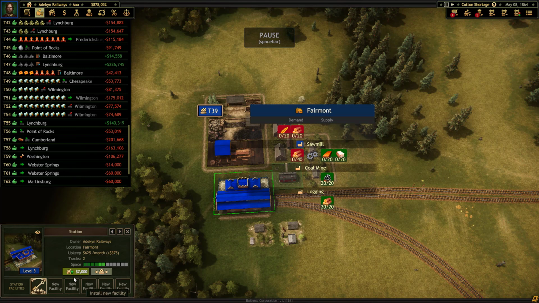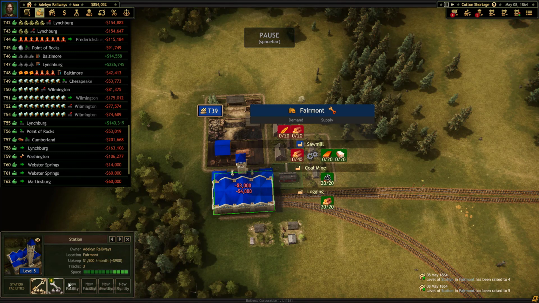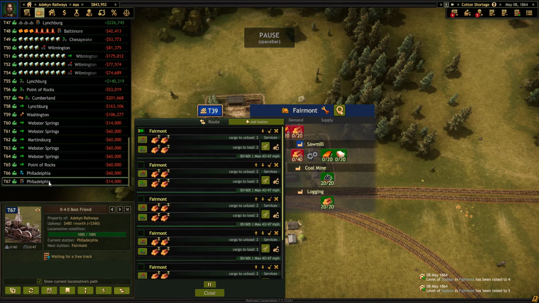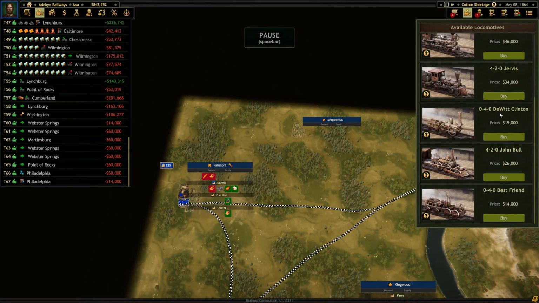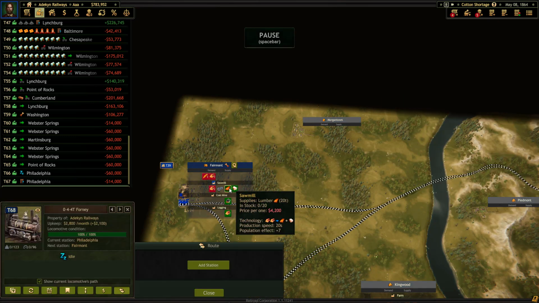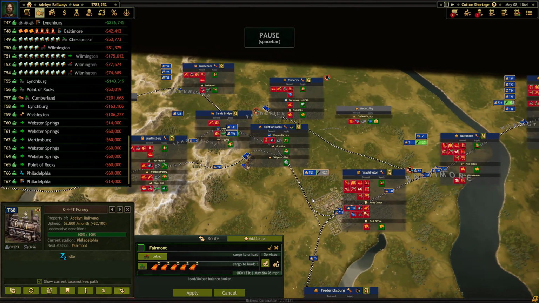Apply, and then we're going to bump this guy up too. And then that little best friend that we just bought right there is going to get his repairs on his last time through. Okay, so that should start feeding logs into that sawmill. And then we take the lumber and move it to our